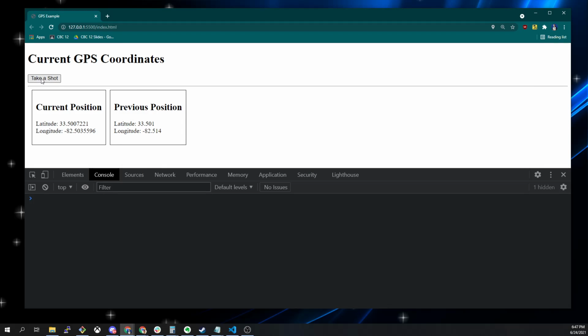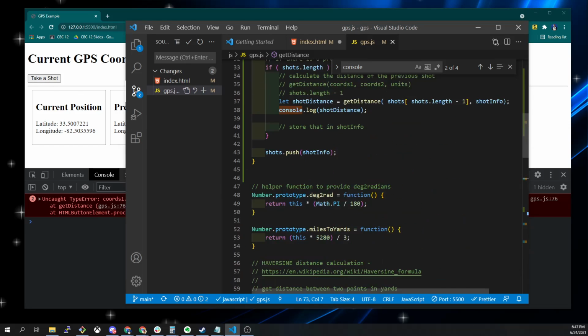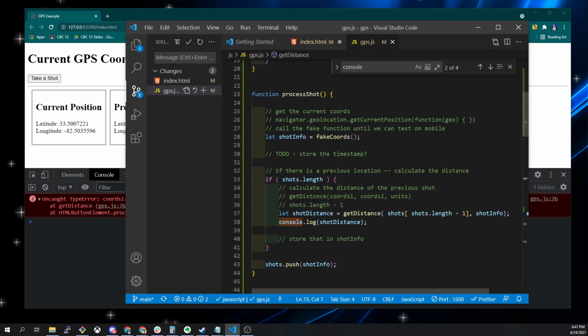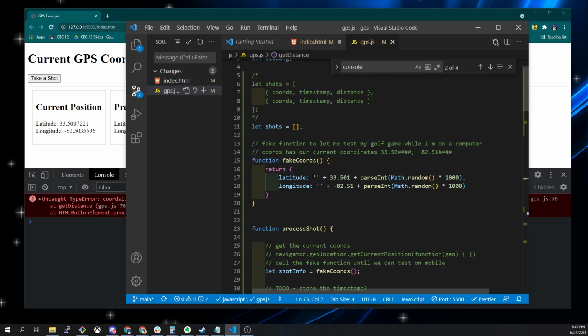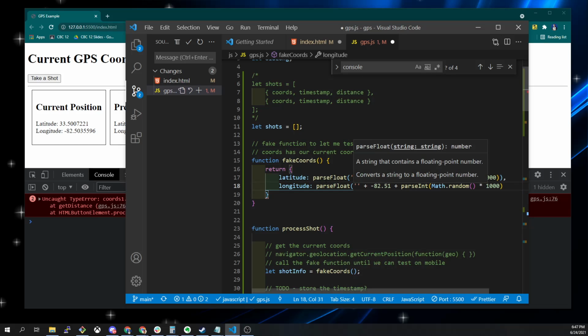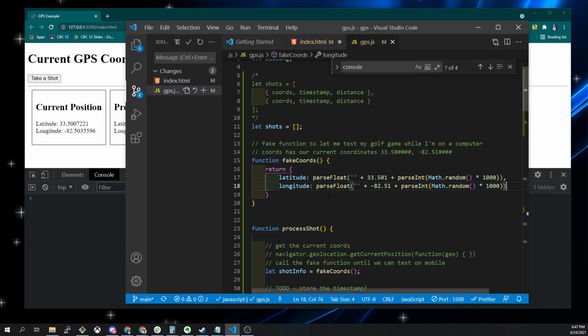Oh, I know what the problem is. It's the same problem we had below. Because we're faking this, this is a string, right? Okay, so we need to parse float the end result of this string that we're generating. Parse float string. So we can't use our degree to radians function